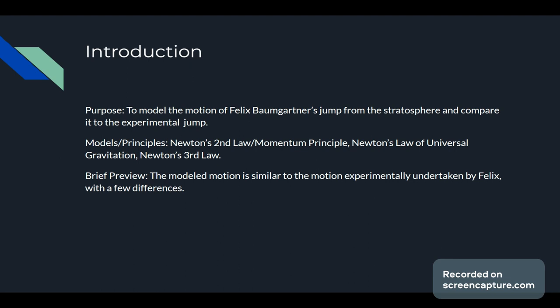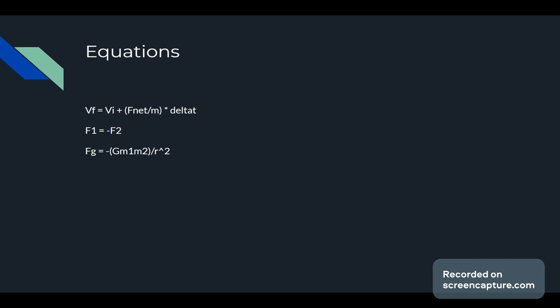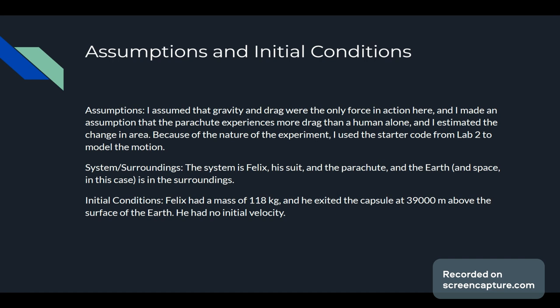a few differences. These are the equations that I used: Newton's second law and the momentum principle, the law of reciprocity, so Newton's third law, and Newton's law of universal gravitation. Some assumptions that I made: I assumed that gravity and drag were the only forces in action here, and I made an assumption that the parachute experiences more drag than a human alone. I estimated the change in area to be a ratio between the area of the parachute and the area of